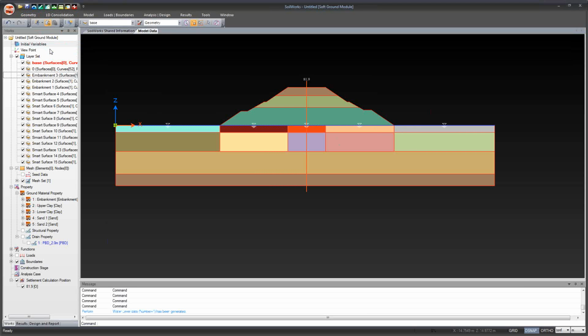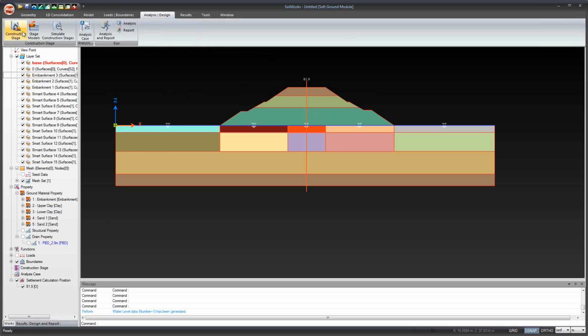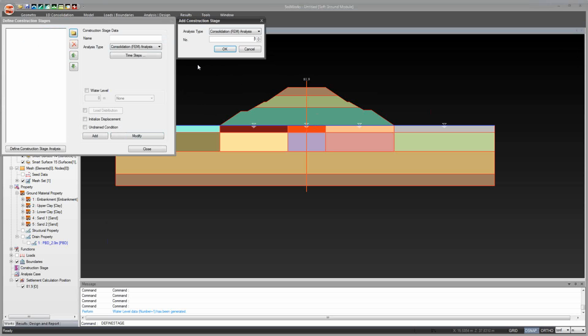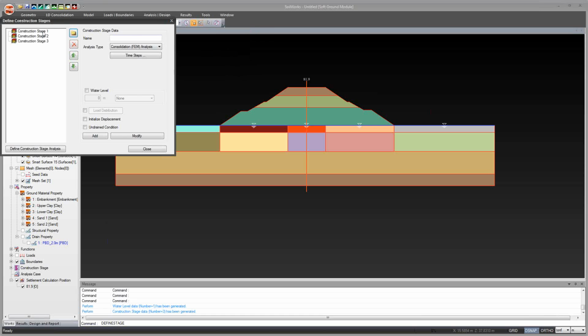Next thing, we need to define the construction stage, in which we are going to activate the embankment. For doing that, you go to analysis design, you go to construction stage, analysis type, select it as 1D consolidation. 1, 2, 3 will be the number of steps, and just say OK. Fine. Now in the first step, basically what is the construction duration? Construction duration is basically the duration in which you are going to create the embankment, let's say 76 days, and